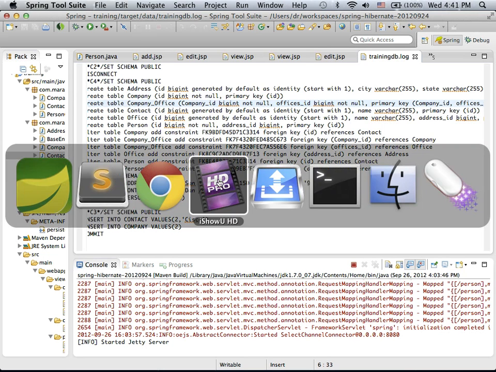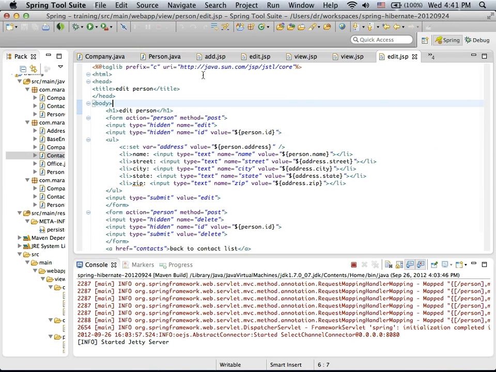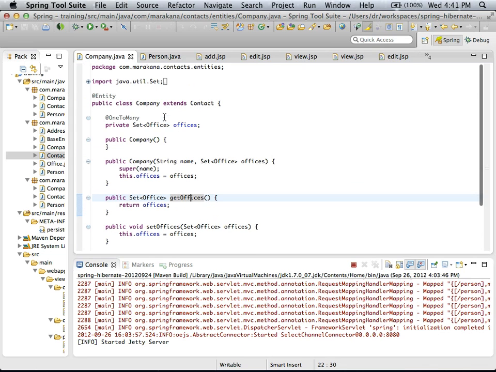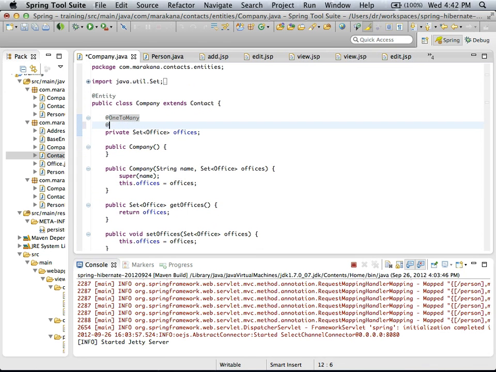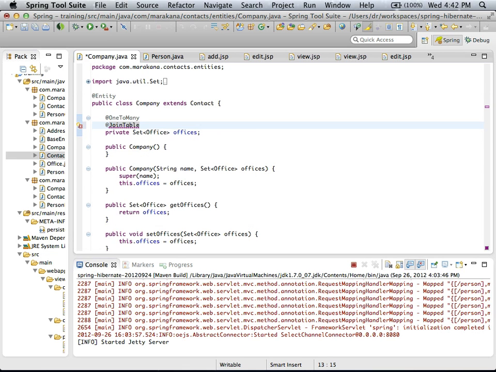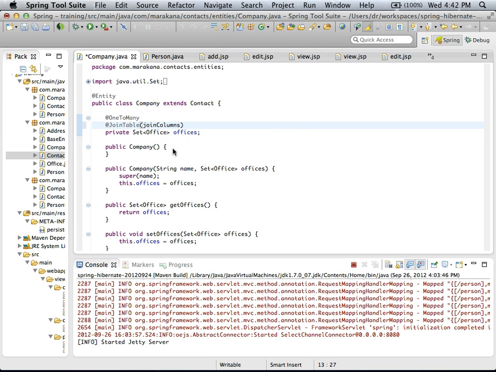All right, while we were talking, we probably had enough time to actually do it. So let's go back to the company class. Okay, so join table. Again, there's a few different things that you can specify here. We could actually set the name of the table explicitly, but I don't care. I think the name of it is fine already. So we'll just say that the join columns is equal to,